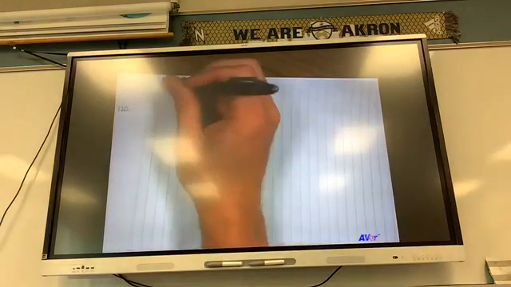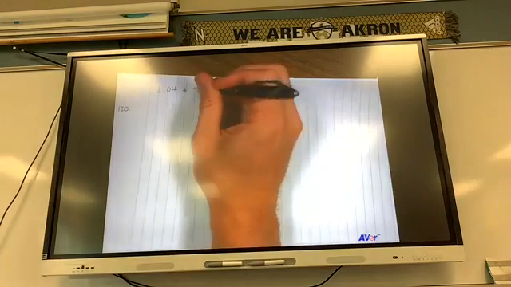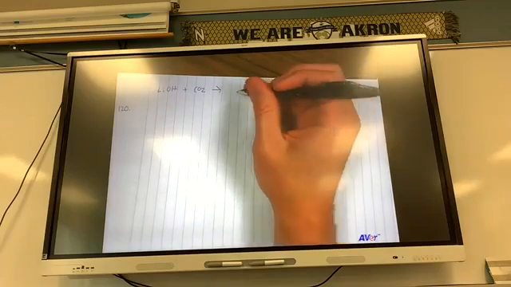On 120, the Space Shuttle environmental control systems handled excess CO2 by reacting it with lithium hydroxide pellets to form lithium carbonate and water. What's the first thing you got to do here? Write an equation. So my balanced equation is going to be LiOH plus CO2 yields